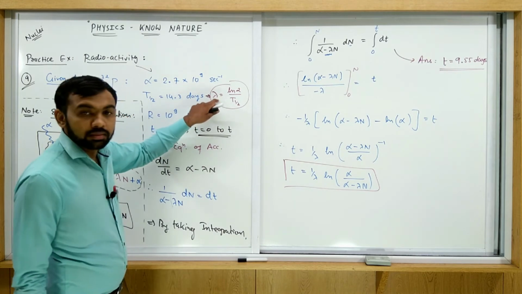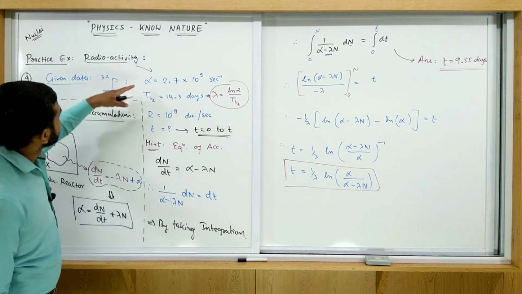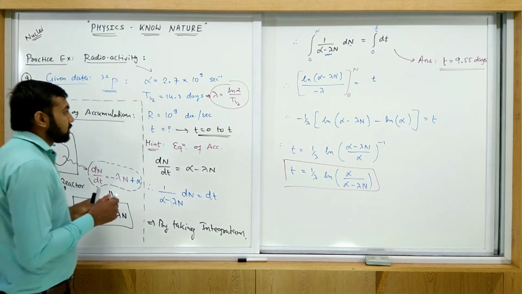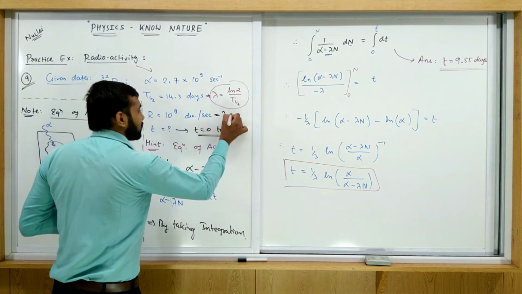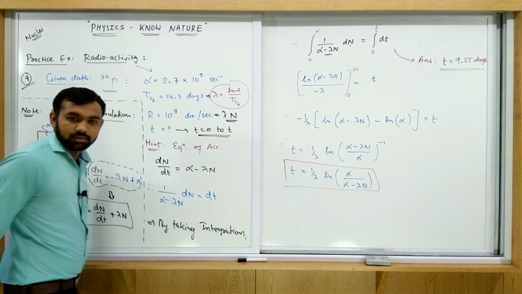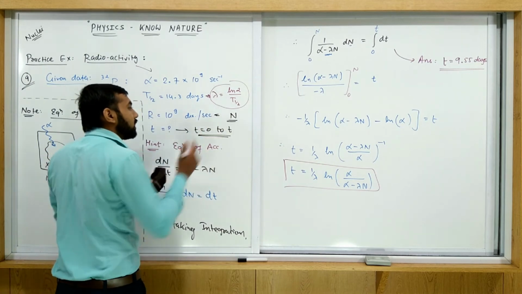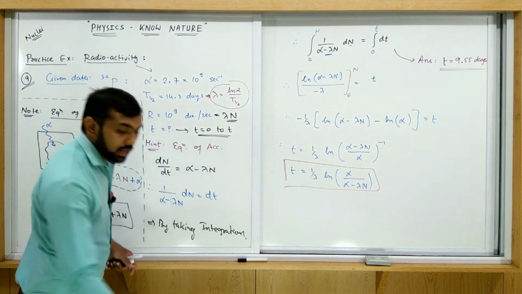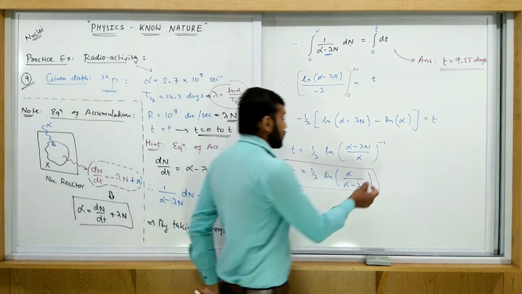Lambda, this one, alpha, this one, lambda n. Okay, lambda, you consider this is lambda n. What is r? R is equal to what? Lambda into n. So r is equal to lambda into n. So put this value here. So finally, after putting all these values, you get this answer,